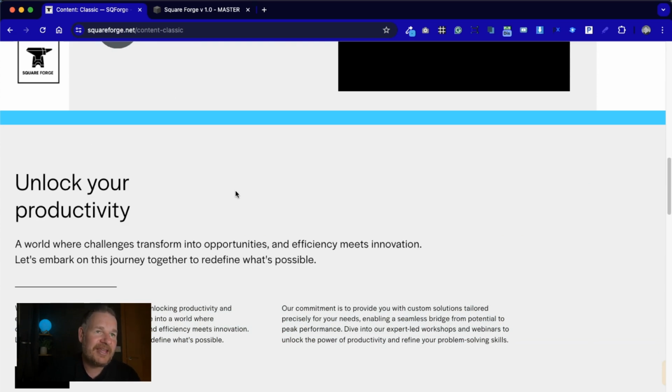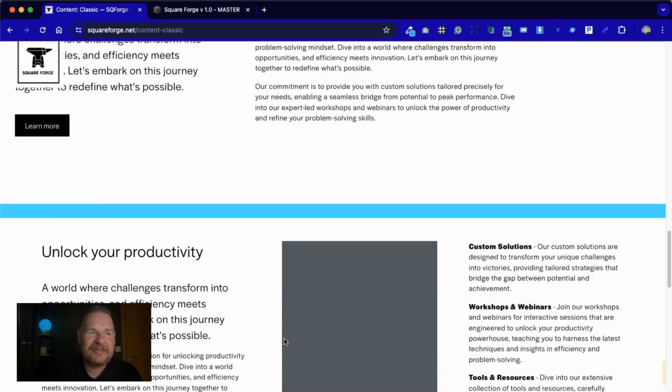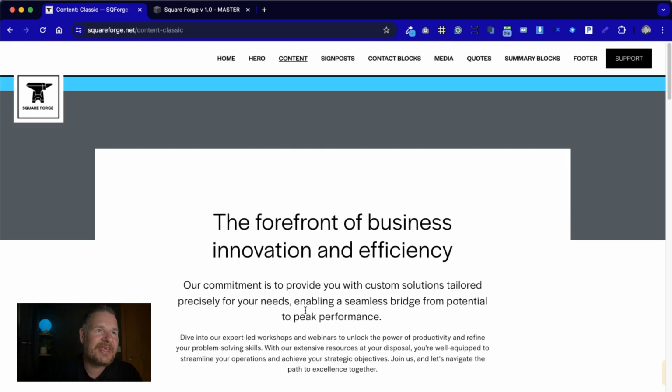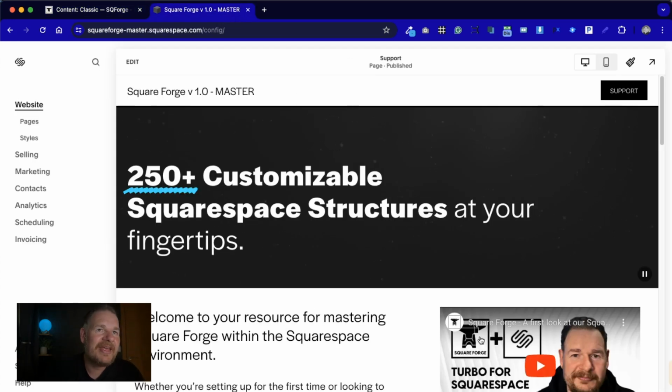Now, there are a lot of these options in Squarespace, but they're quite limited and they haven't really changed a great deal since the very early days of 7.1. By having these extra layouts on top, it just makes it really easy to work with. So those are just some of the examples that we can look at. I'm going to switch across to our Master Forge layout, and this is exactly what you would get, a replication